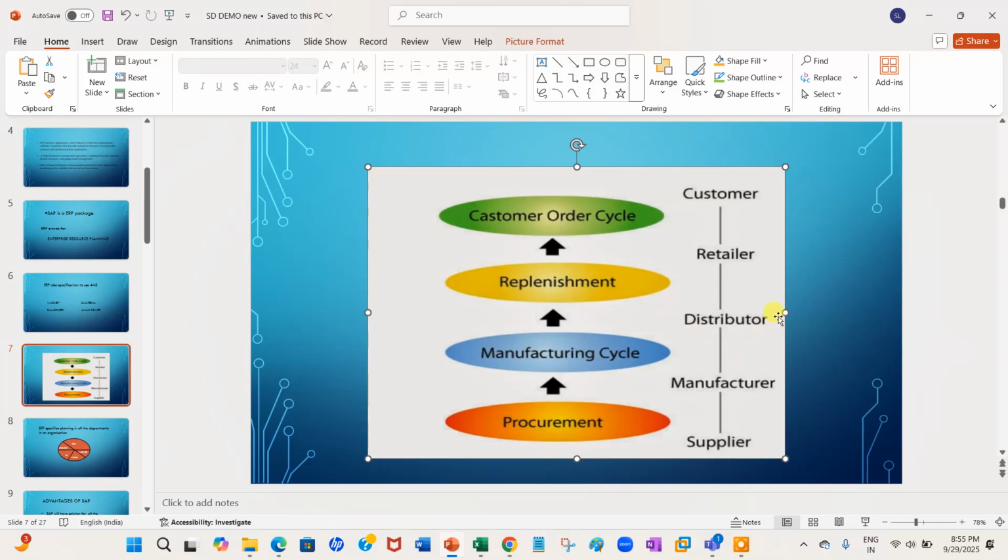Whenever the stock is completed at the retailer end, the stock is moved from distributor to retailer. If the distributor also doesn't have information, they have to ask the manufacturer whether the product is manufactured or not.